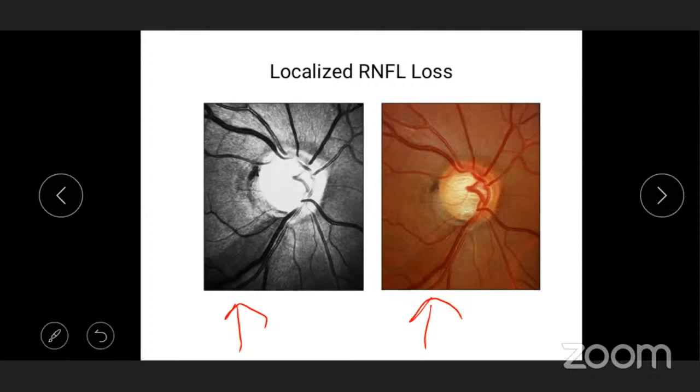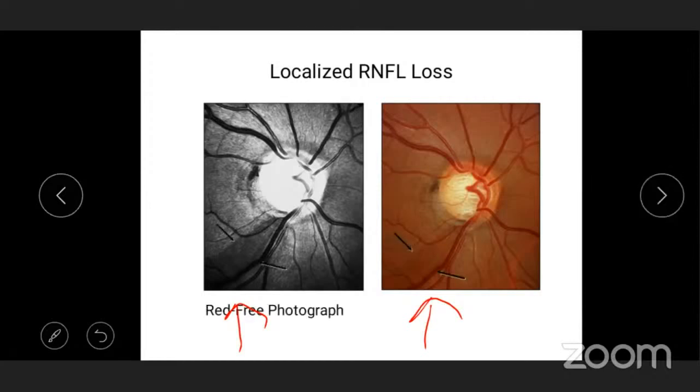Now, I'll remind you that the commonest site for thinning of the rim in glaucoma was the inferior part, followed by inferotemporal. This next thing I'm going to tell you now is the commonest site for these sector RNFL defects in glaucoma. The commonest site for that is again inferior, and to be very precise, it is inferotemporal. So keep that in mind. What I told you earlier: if the inferior part of the nerve is showing changes, please think of glaucoma.